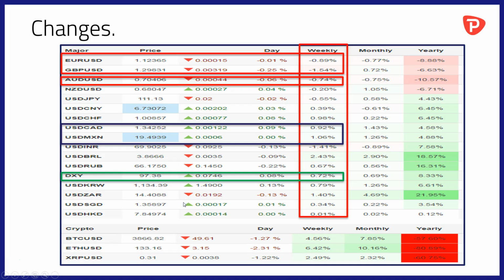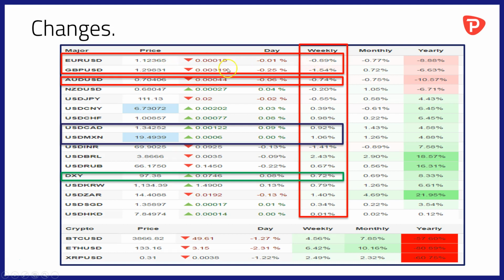Okay, let's take a look at the overnight changes and price moves to be aware of. As it's a Monday, of course, we'll look at things from a weekly perspective and obviously some quite key things to flag here. First of all, weakness in the euro against the US dollar following on from those admissions from the ECB earlier in the week that they're cutting their growth forecasts and looking to refinance the banking sector.